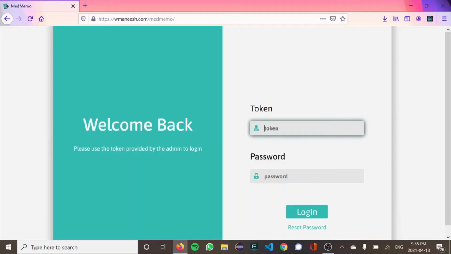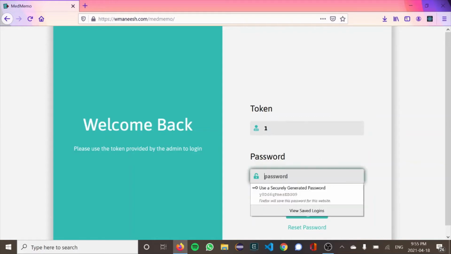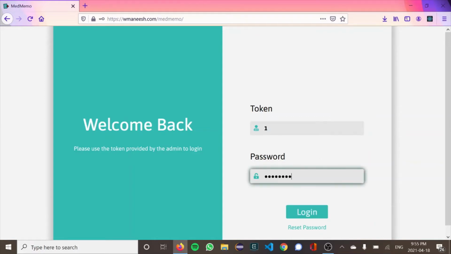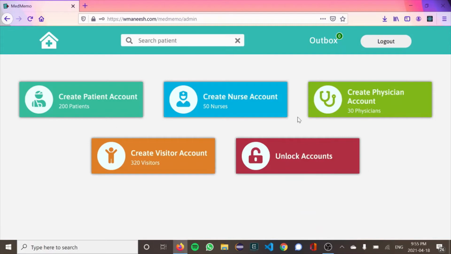So the next thing I want to talk about is the administrator page. If we log in, we can use the token 1 and their password is password. You can see this is the main menu or home page of the administrator, and they have a couple of different functionalities. They can create a patient account, create a nurse account, create a physician account, create a visitor account, or unlock accounts. Just a disclaimer, we didn't actually implement the functionality for visitor, but I'll be showing you